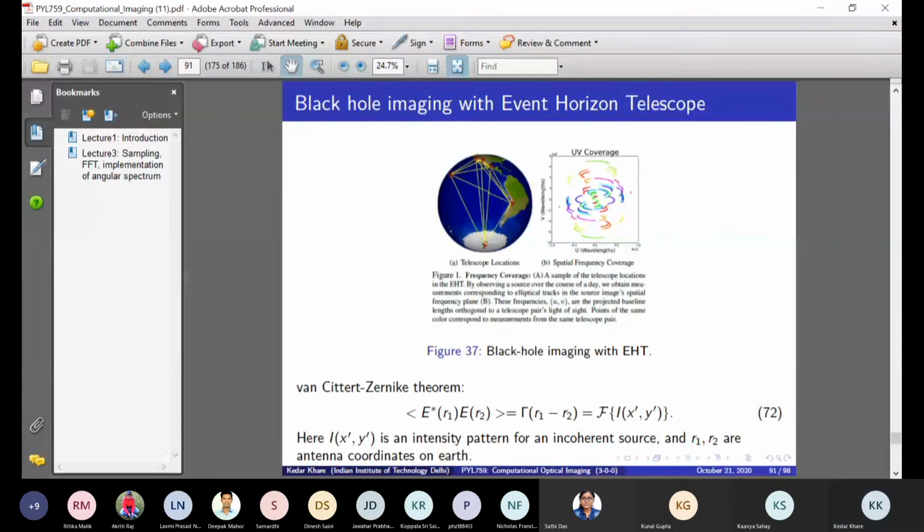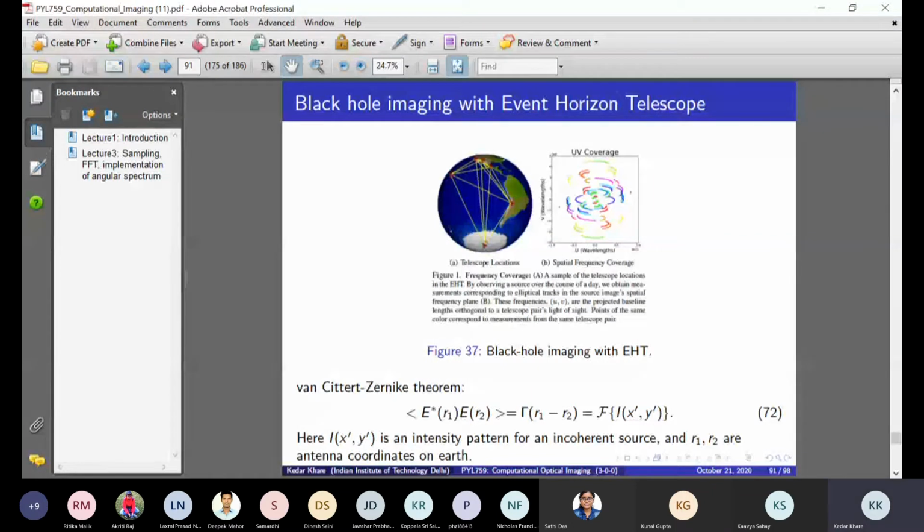Because if you think about the NCRA telescope, then the R1 minus R2, the information is only spread over some, say, 10 kilometers area. Okay. And so the frequency coverage in Fourier space is going to be very close to the zero frequency. Whereas now, since these antennas are spread out so far apart over the Earth, now you can have a larger frequency coverage. Okay, and what does larger frequency coverage mean?